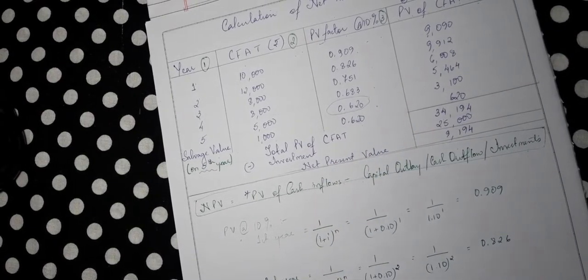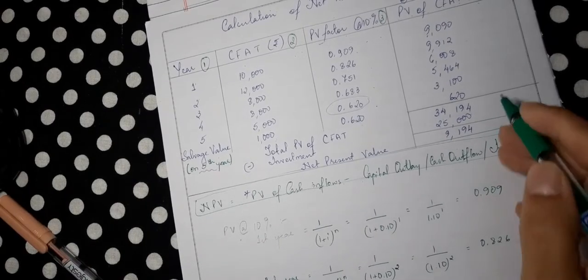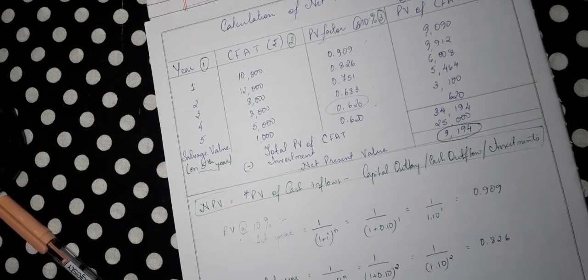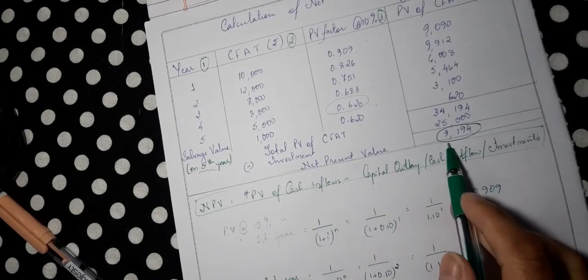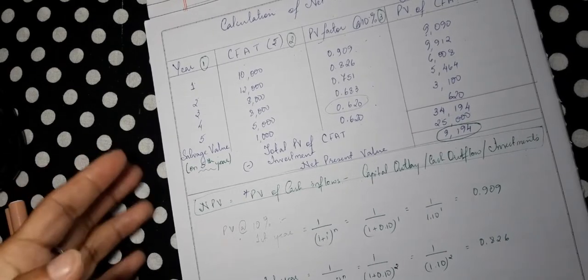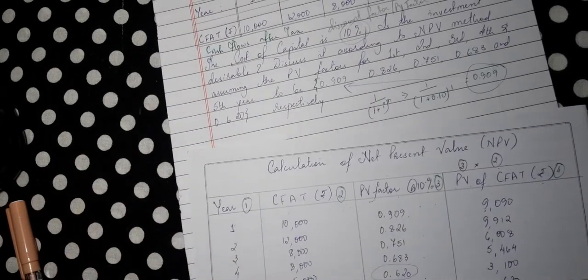Okay, this amount of rupees 9,194 is the solution to our problem. Got it? Net present value is equal to 9,194. Now, our solution does not end here, because additionally, they've also told you, if you go once again to the